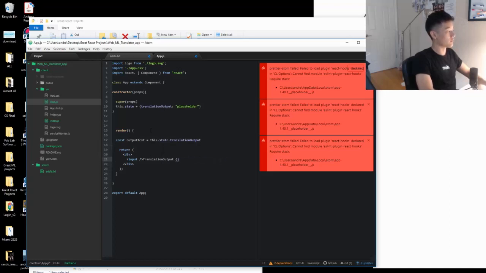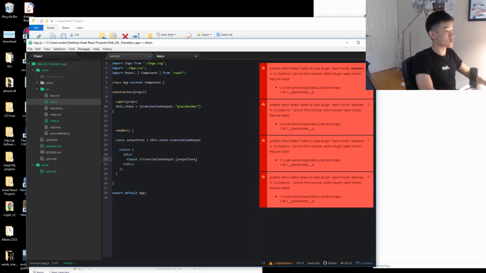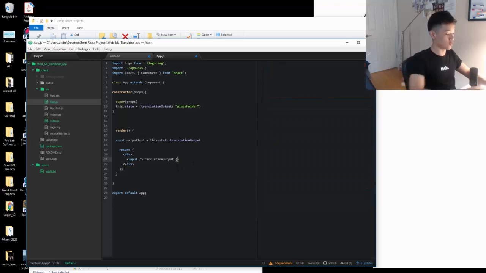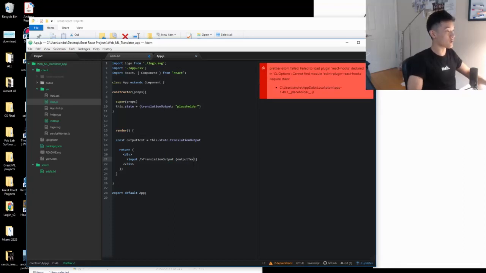And doing it this way also allows one good thing, which is that you can do a lot of if elses and a lot of logic right here, versus in the return statement you actually cannot just write if blah blah blah else. You can only write it in a ternary expression, which is something like the condition, then this, else that, which can get a little bit heavy sometimes. But anyways, let's render the outputText, and then let's do something